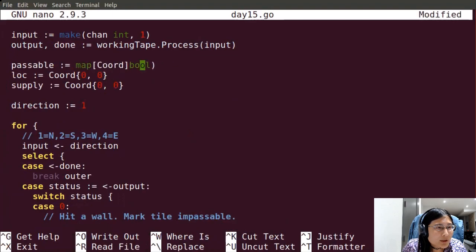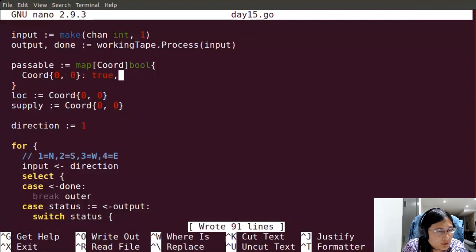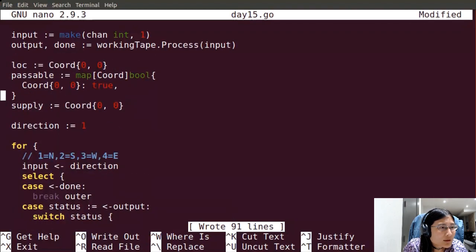And we at least know that we start on a passable tile. Okay. Actually, let's do it this way.